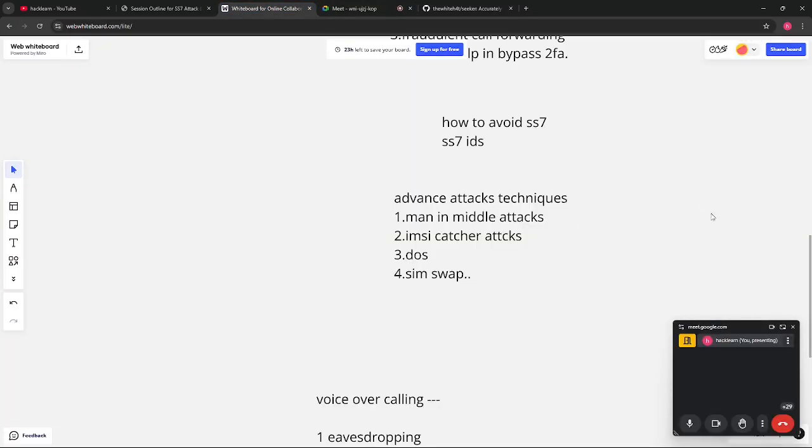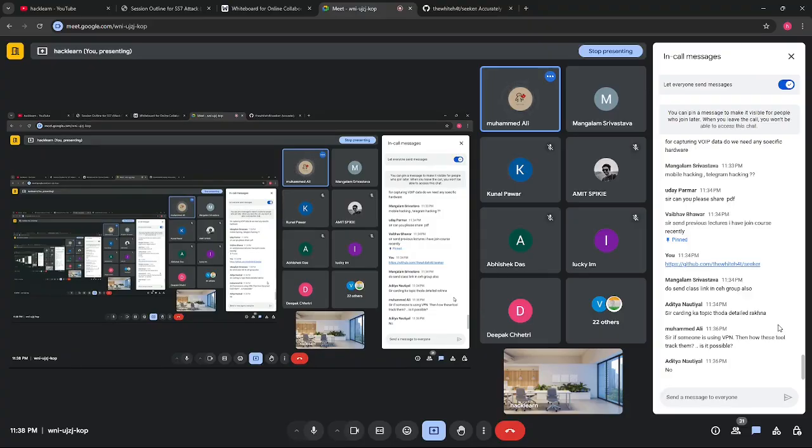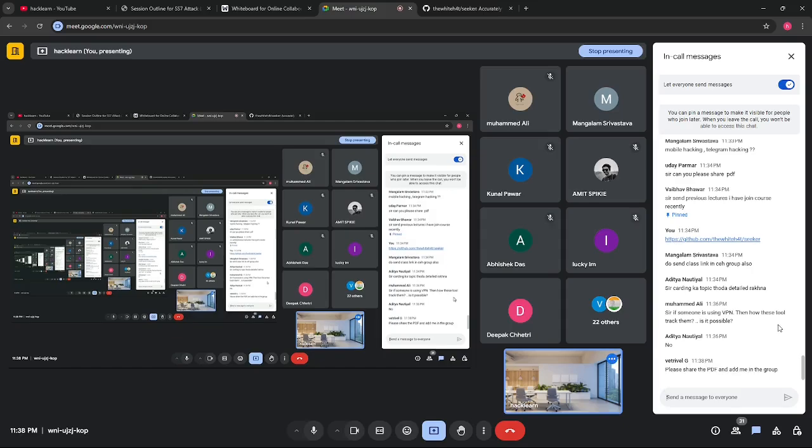Okay. So that's all for today. If someone is using a VPN, is tracking possible? This has nothing to do with a VPN, because calling is completely different. You are intercepting the traffic of a call. We are talking about even a Motorola phone from the 90s. They have SS7 enabled in that. Do you think there can be any encryption embedded into that? Today's phones also have the same signaling system. That's why this is vulnerable.